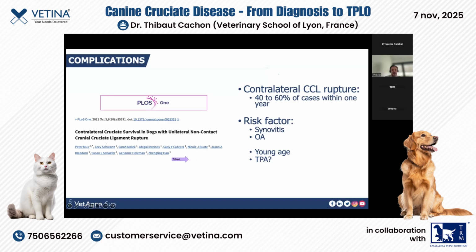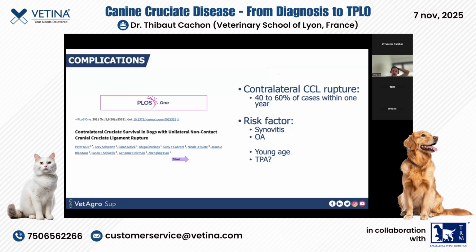Well, if you find some synovitis and some osteoarthritis in the other stifle at the time of the first diagnosis, I think you will have a very high risk, more or less 70 to 80%, of rupture in the next couple of years. Young age and increased tibial plateau slope will also increase the risk of contralateral cruciate rupture. So be careful: for me, the most frequent complication is rupture of the cruciate on the other side of the dog. It's something that you need to explain to the owner, and keep in mind as soon as you follow up your dogs